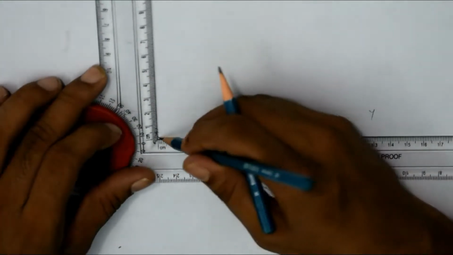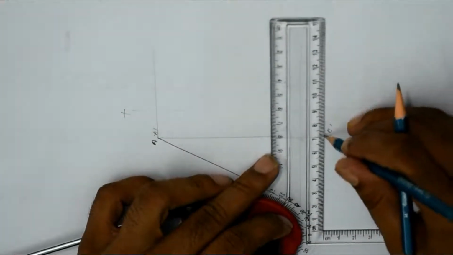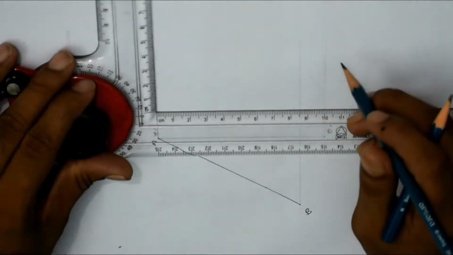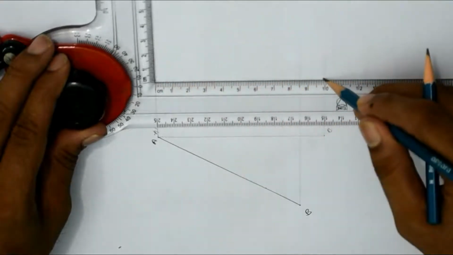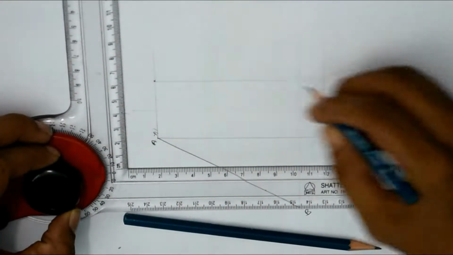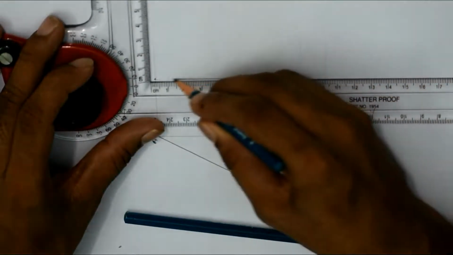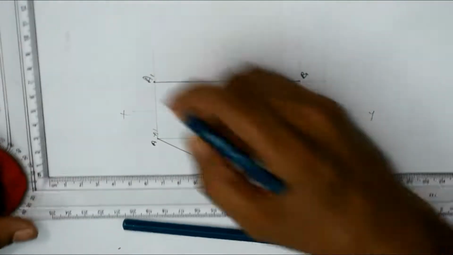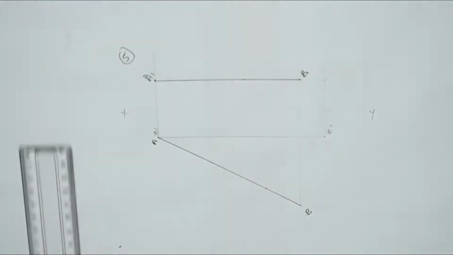Now we will get the front view by projecting this line, and also it is 20 mm above HP. So 20 mm distance. I am projecting this line till the end, but we need only this point to this point. So I will darken this portion only. Write A1 and B1. So this was our exercise number 5. This is the front view and top view. Thank you.